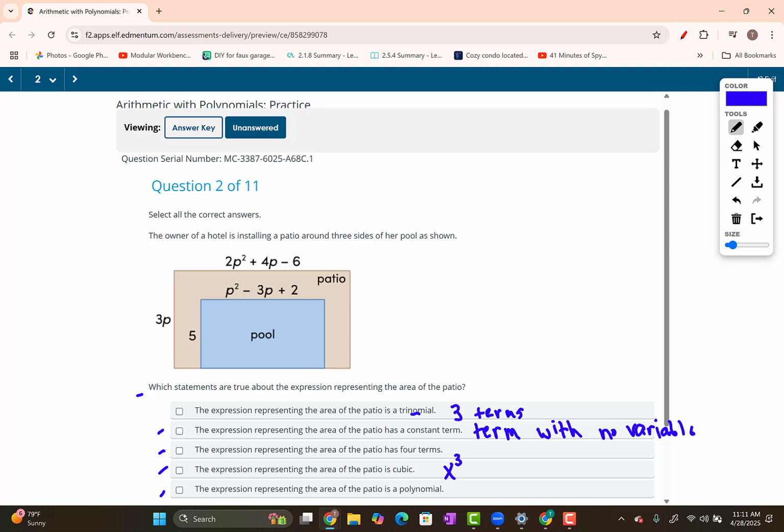And then finally, the expression representing the area of the patio is a polynomial. This just means we have more than one term with our polynomial. So obviously, it could be a trinomial and a polynomial. Yeah, both those things could be true. Okay, so now let's go ahead and find the area of the patio. The area of the patio is going to be